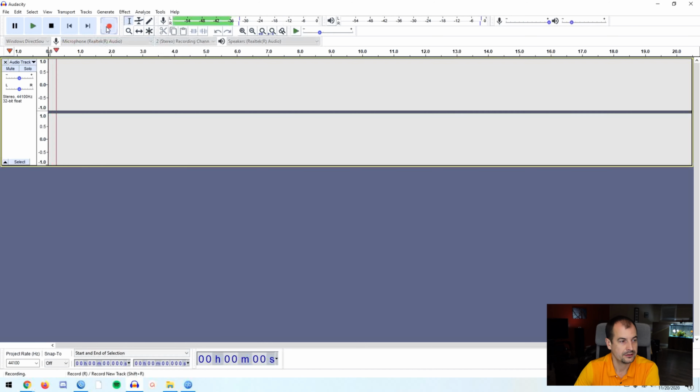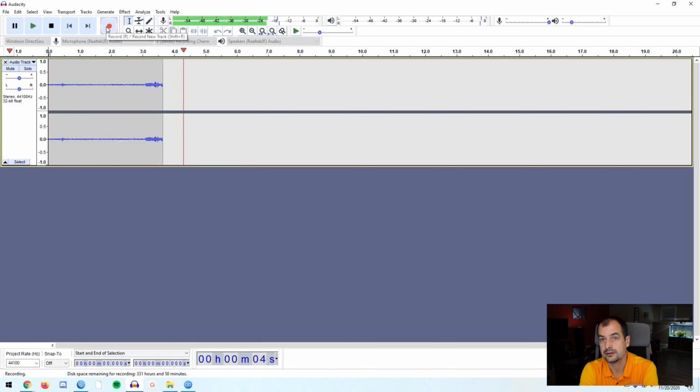Tip number 5, noise reduction. I've gone into more detail and given you 3 different methods to do this. I'm just going to touch on the one for the video here, and this is a fantastic way to get rid of the background noise, anything that you can't get rid of. Like right now my CPU fans are running and I know that Rode mic is going to pick it up. So pro tip here, before you start recording,